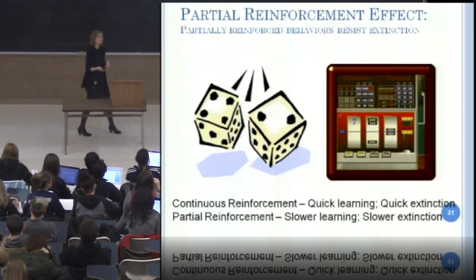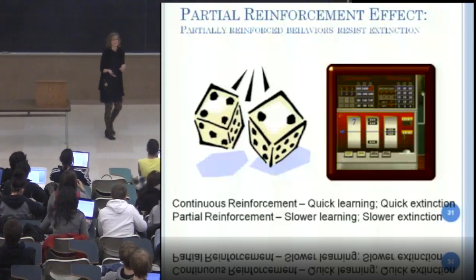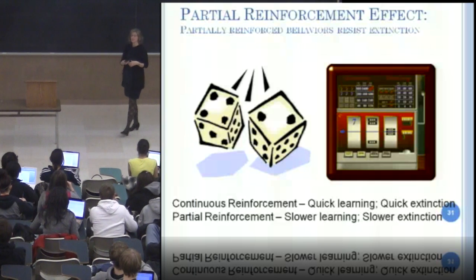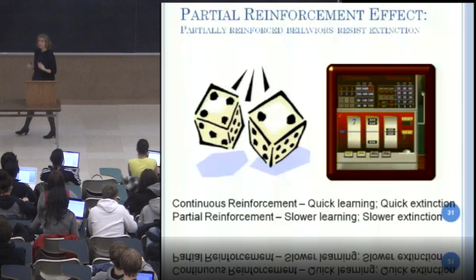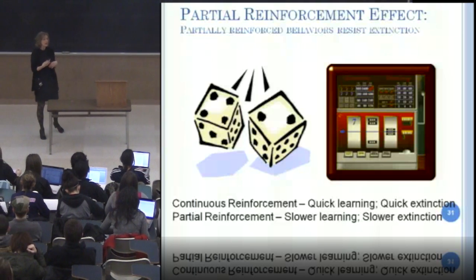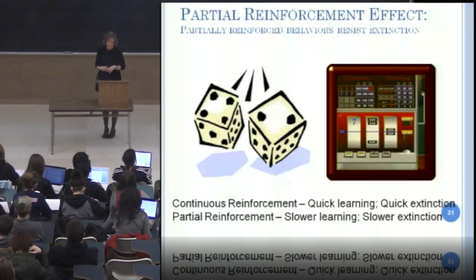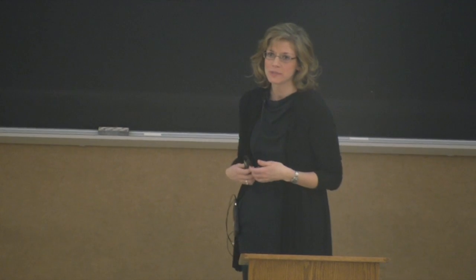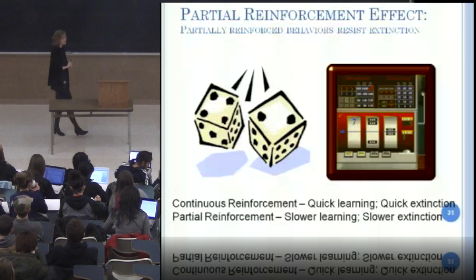So think about when you hold the door open for someone. Does the person always say thank you? Every single time in your life that you've held the door open for someone, being polite and nice, did they say thank you or respond with a smile? No, probably not. But we keep doing it. We keep doing it because we're partially reinforced. And with partial reinforcement, hope springs eternal. Hope springs eternal that in the future, maybe they didn't thank me this time, but maybe the next time I hold the door for someone, they will thank me.